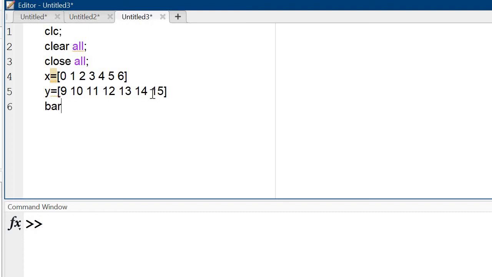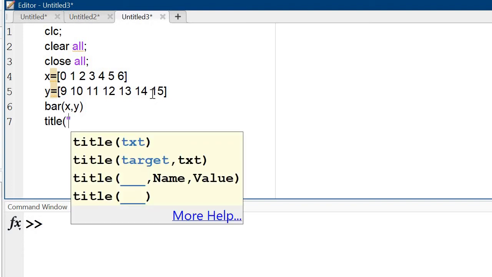Okay. By the help of this bar command, X comma Y. Now after that, use the title. The title is graph to show the bar function. Okay.